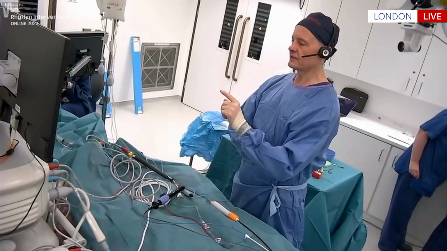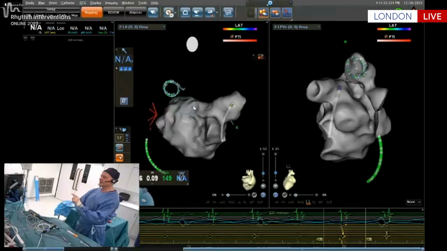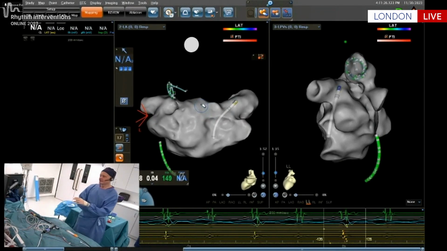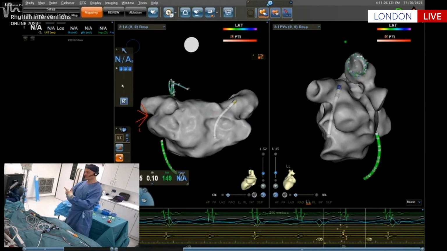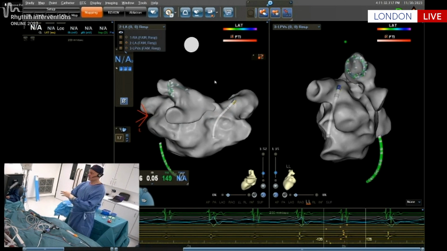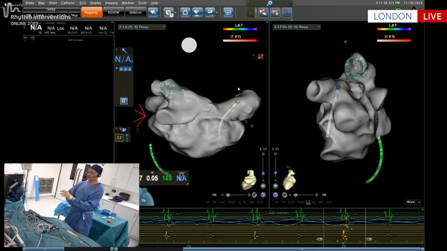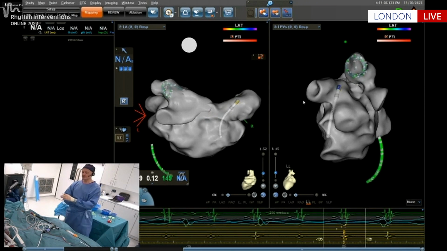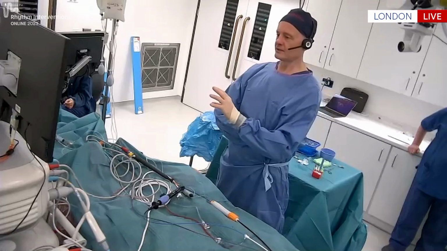Check the veins are isolated, re-isolate them if needed, and then map the atrial tachycardia. Now we can already get quite a lot of information about the tachycardia from the electrograms we have in. If you look at the Carto geometry, you can see I've got 4 pulmonary veins, I've got a left atrium,